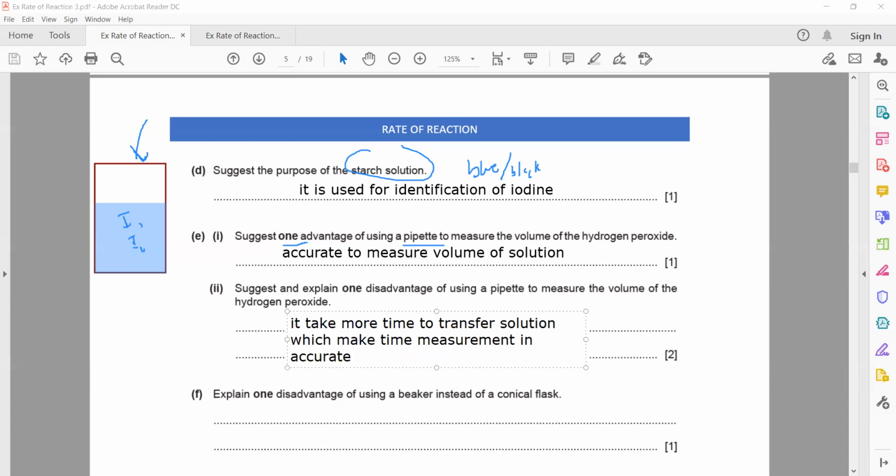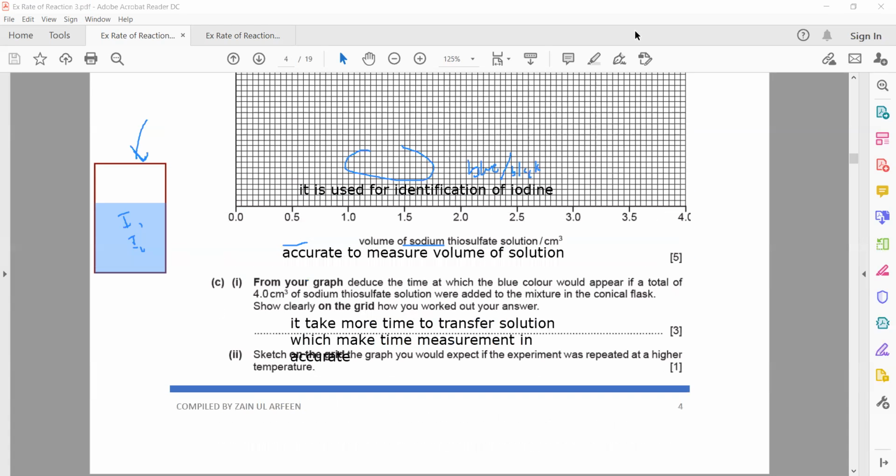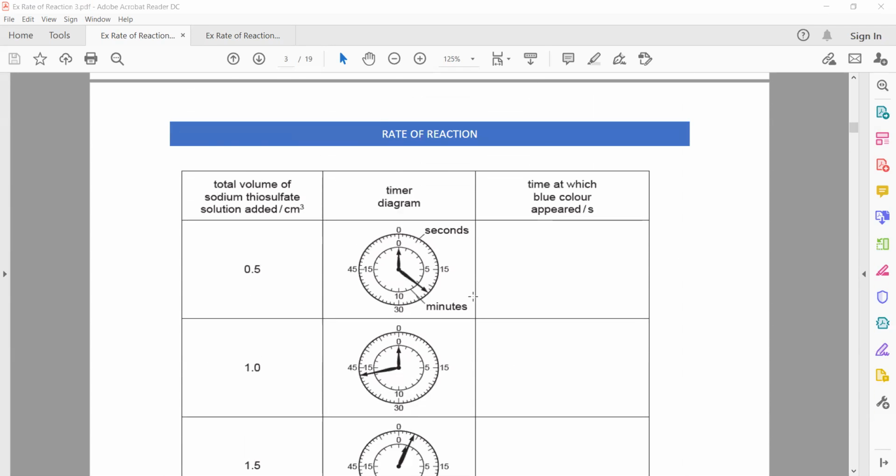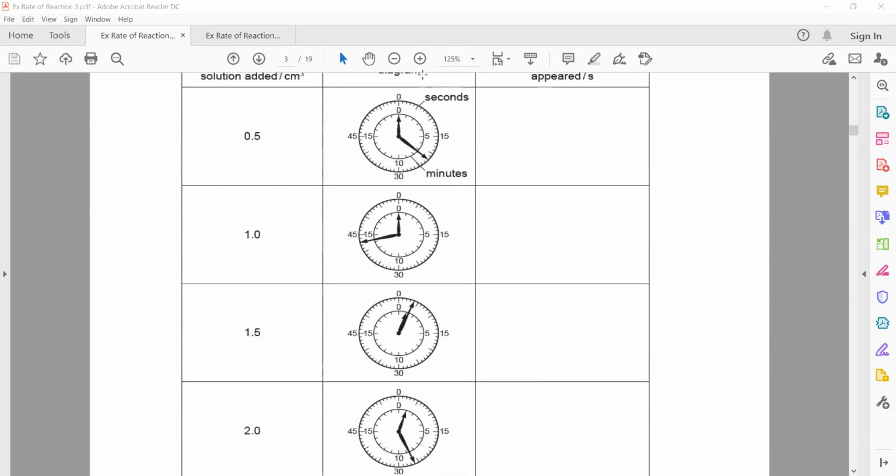It takes more time to transfer the solution, which makes the time measurement inaccurate. How will the time measurement be inaccurate? In this experiment you are measuring time as well, but as the pipette is taking more time to transfer the solution, that time is also included in the measurement, not only for the reaction but also for transferring